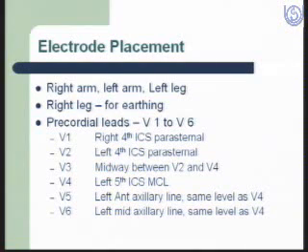mid-clavicular line, and V3 is placed at a point midway between V2 and V4, and V5 is placed at a point which is on the left anterior axillary line at the same horizontal level as V4, and V6 is again placed at a point in the left mid axillary line at the same horizontal level as V4. So these are the 6 precordial positions of the leads, and